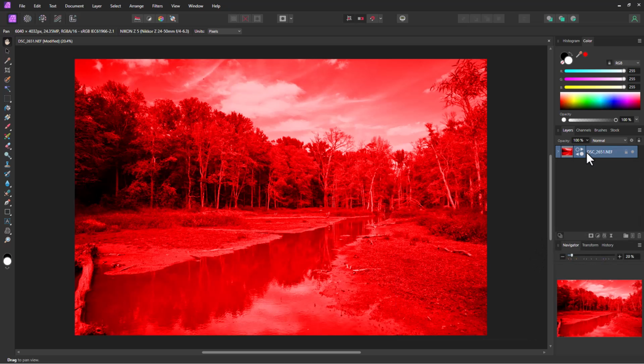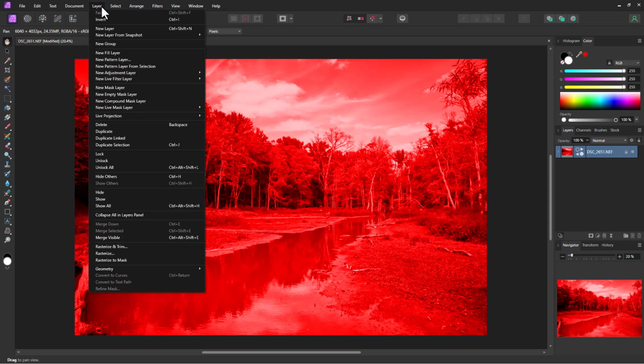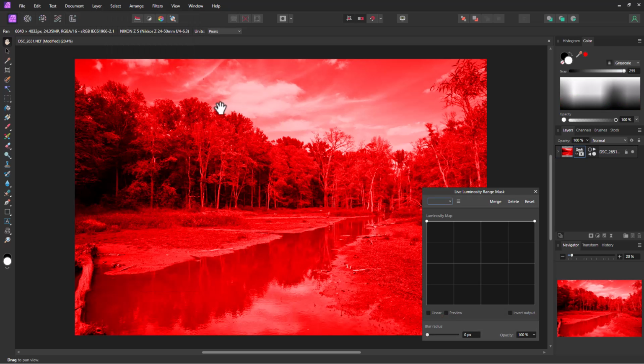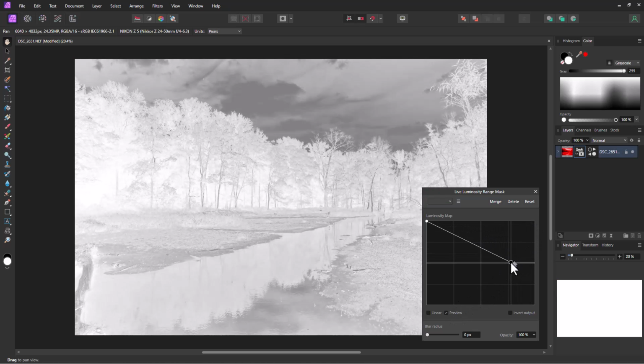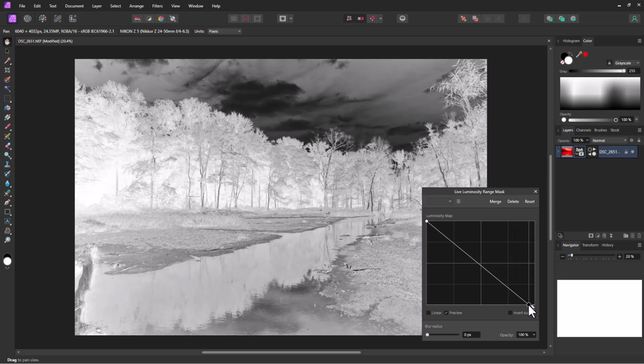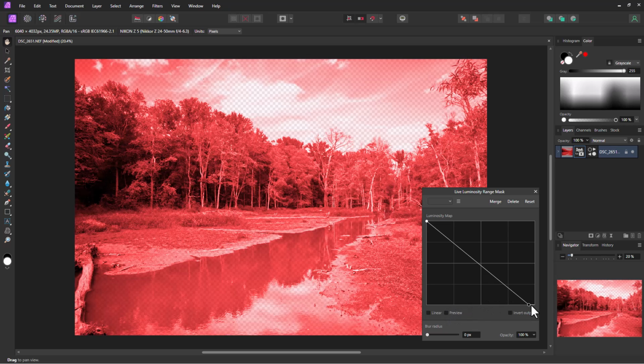So now the next thing is to go up here, and we're going to go to layer, and we're going to go to a live mask layer. Let's create a luminosity layer first. And so it's added the luminosity layer in it, and we can actually hit preview here. And you can see as we move this down, it changes. This is the mask that it's creating. If we go back to preview, you can see as we move this line around,